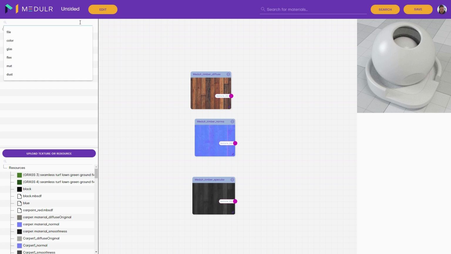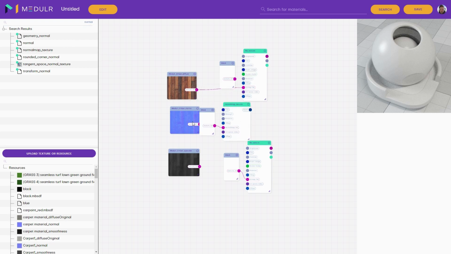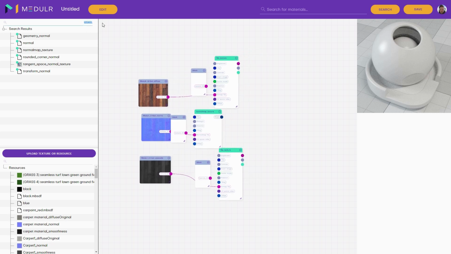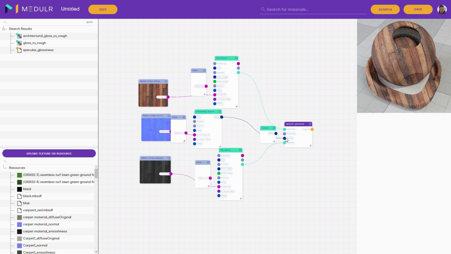Next, from the functions library, we drag and drop 2 instances of file texture for the diffuse and specular maps and a normal map texture for the normal map. Then, we just connect the light colored nodes between each of the maps and their corresponding function node. Next, we add the specular glossiness function, also known as PBR, where we again join the light-colored nodes from the corresponding functions to the specular glossiness node. We can immediately see the resulting combination in the material viewport, while we also delete the now disconnected and unnecessary